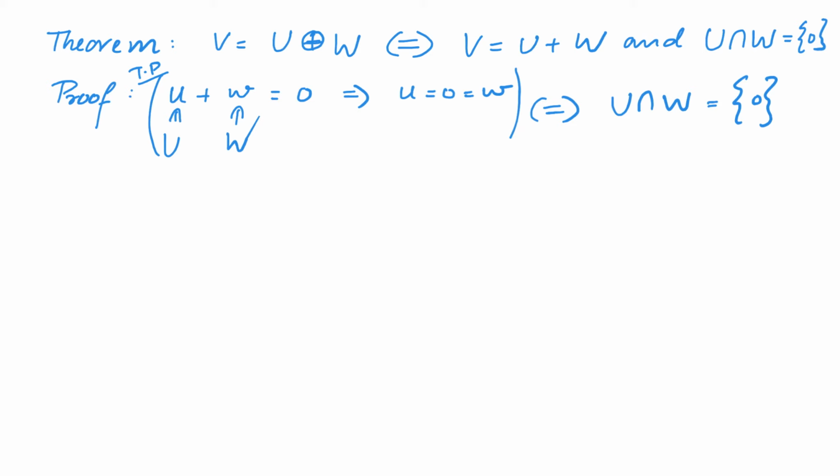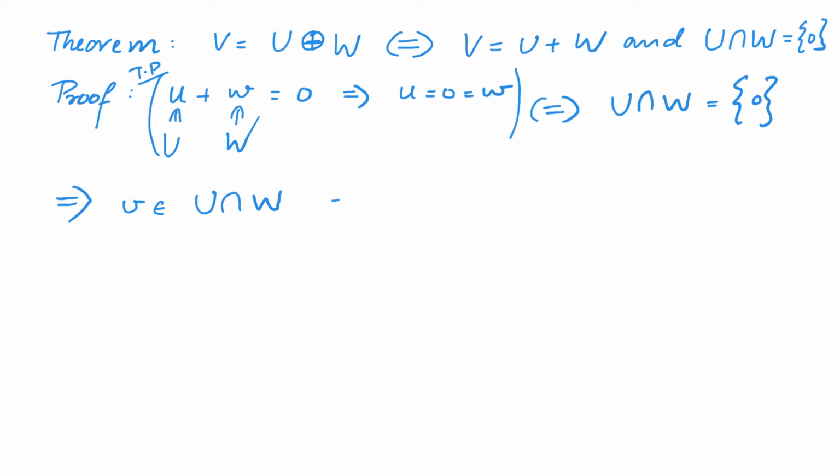First, we will show this direction. So let v be an element in U intersection W. The idea is that we will show this arbitrarily chosen element in U intersection W is equal to 0. Thus, we can conclude that U intersection W is the singleton set 0. And to prove that, we will assume this. Hoping that the idea is clear, let us now return to the proof.